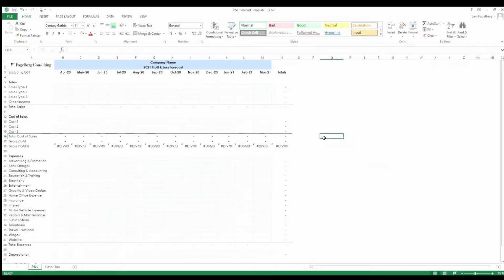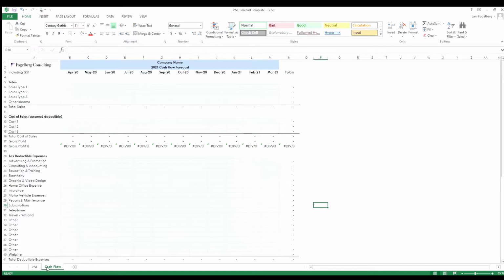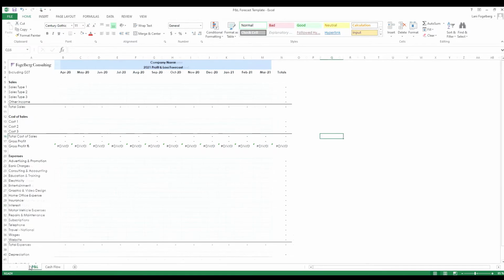So this is a basic forecast document that I've put together, and as you can see down here it has two tabs. It has one for the profit and loss, which is also known as the statement of financial performance in your annual accounts, and it has another one called cash flow. So we'll move on to cash flow in a moment, but first I'm going to start with the profit and